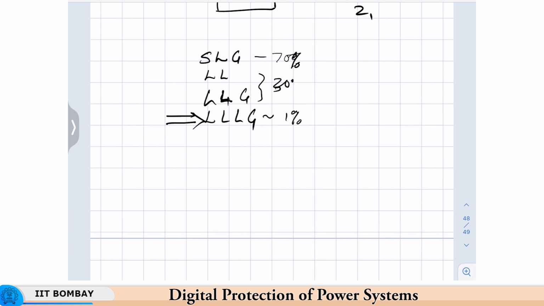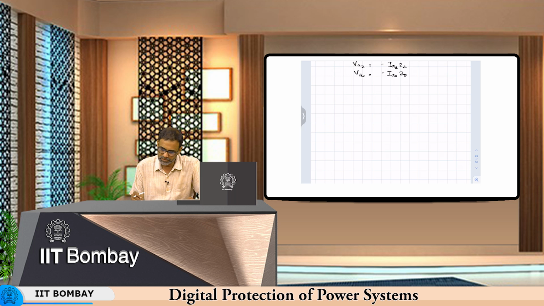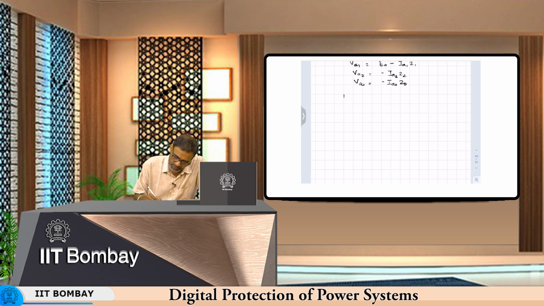To study these types of faults, the single line, the double line and the double line to ground fault, we will start with our basic sequence components and the equations that we developed last time. We saw that VA1, the positive sequence voltage in the positive sequence network, is given by this. In the negative sequence, since there is no negative sequence generated voltage, this is simply minus IA2Z2, and VA0 is minus IA0Z0, since there is no zero sequence generated voltage as well. These Z1, Z2 and Z0 are the equivalent impedances, or the Thevenin equivalent impedances, of the respective symmetrical component networks. Now, if we write this in a compact matrix form, it will take the form of VA0, VA1, VA2 is equal to